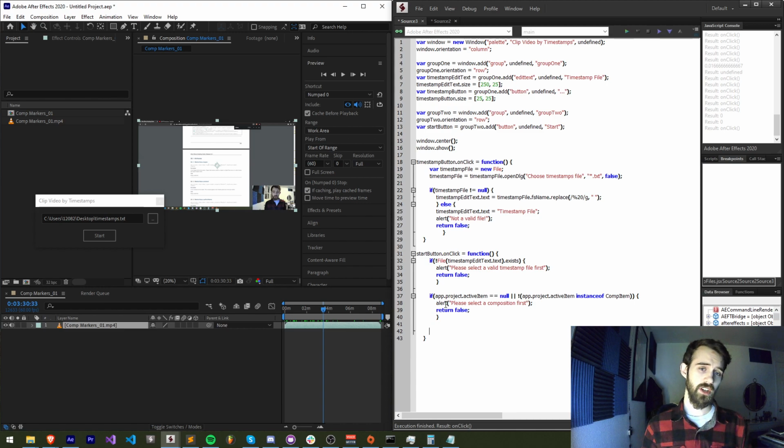Now, after these checks, we have successfully validated that we have a valid timestamps file that we can read in, and we also have a composition that we can use to duplicate and cut according to our timestamps. So now we can run main. It doesn't have to be called main, it just indicates to me that that's the main functionality of our script,